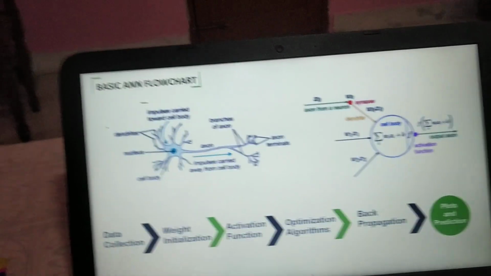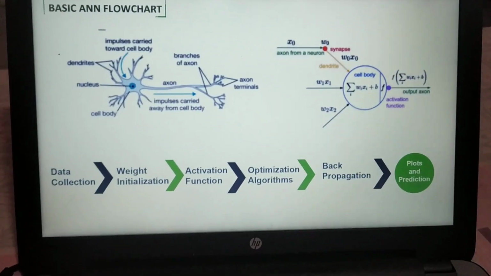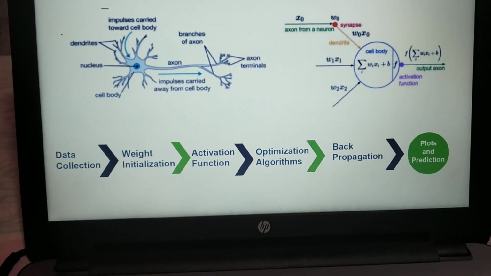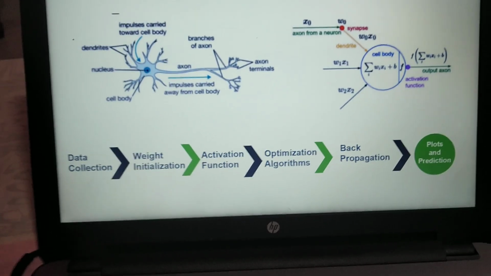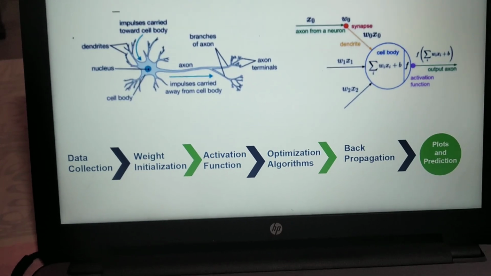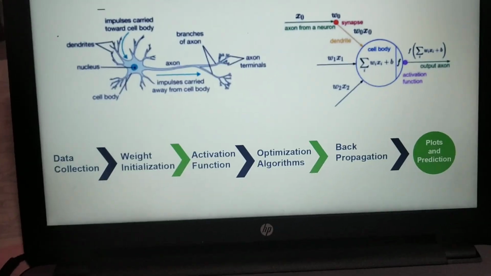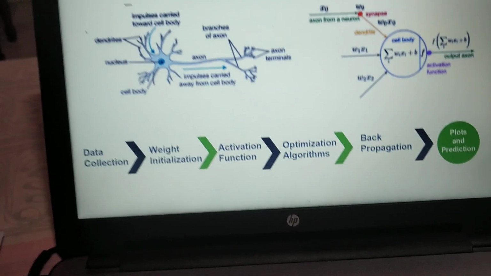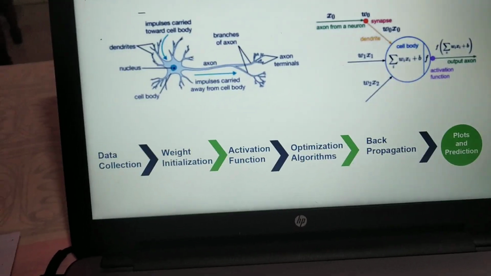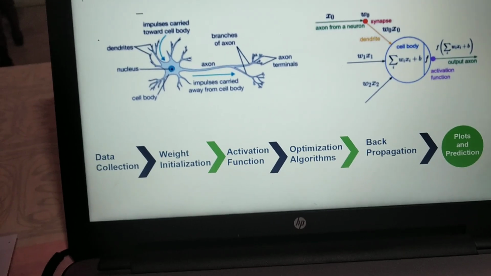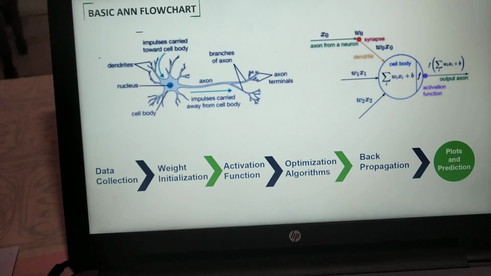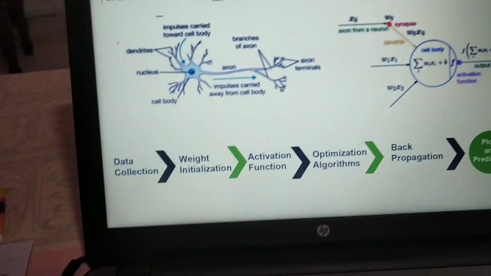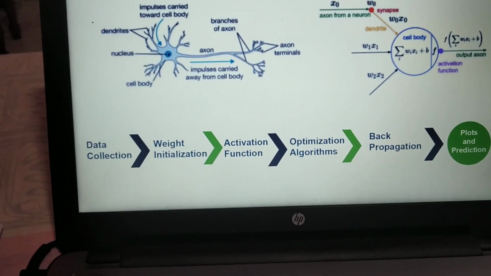Suppose the tiger is also a type of big cat, which is orange in color. But we know that a tiger cannot be classified into a cat because of the kind of predator it is. So for this purpose, we tend to influence the teeth parameter of the hidden layer so that it can be activated due to the weight, that a tiger cannot be classified as a cat because of the large teeth that it has. So this is what weight initialization is.